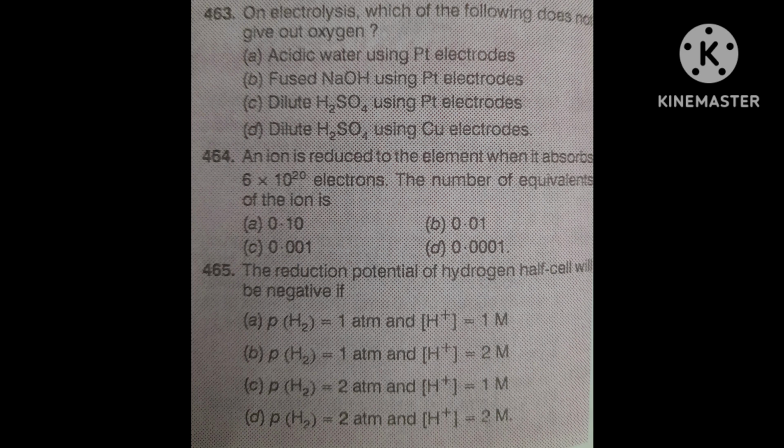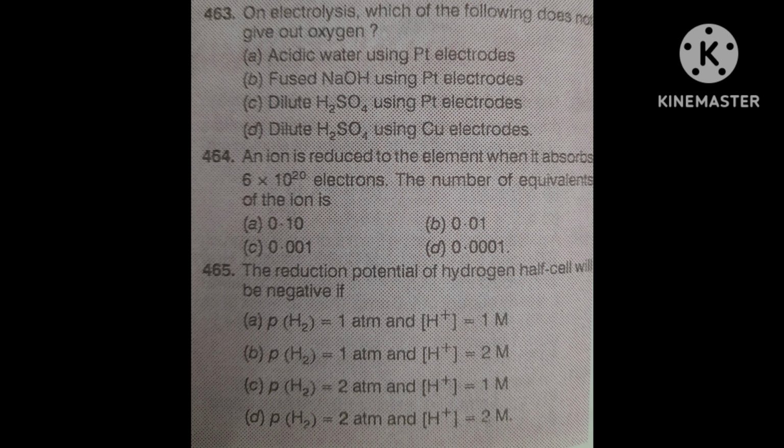Now I am giving you a hint. This is very simple. Avogadro number of electrons will give 1 gram equivalent. This is the basis for calculation. 6 into 10 to the power 23 electrons reduces 1 gram equivalent